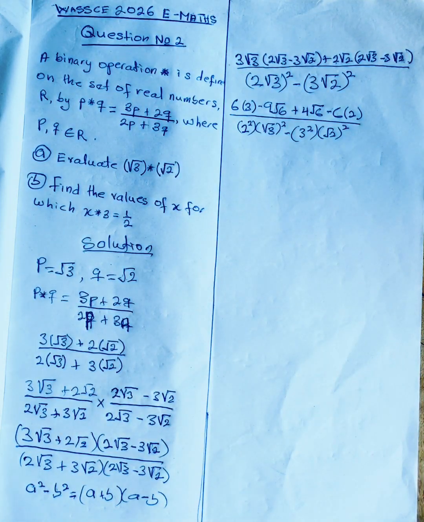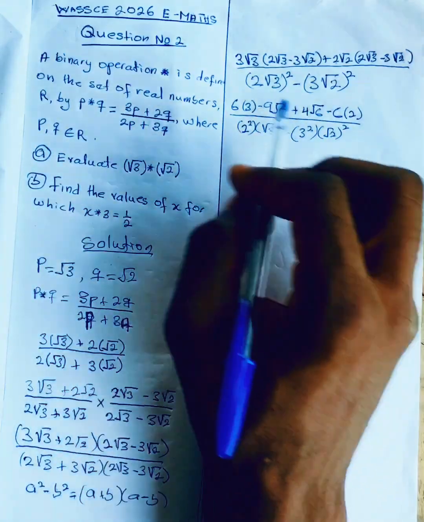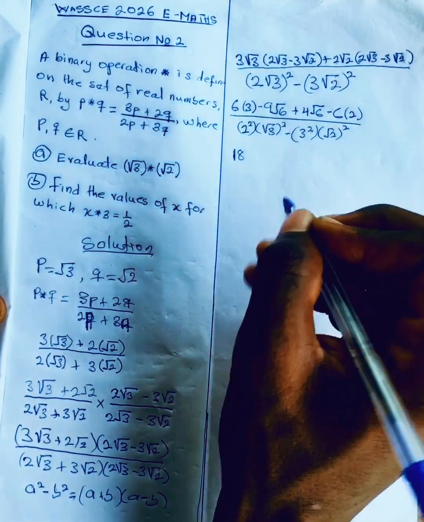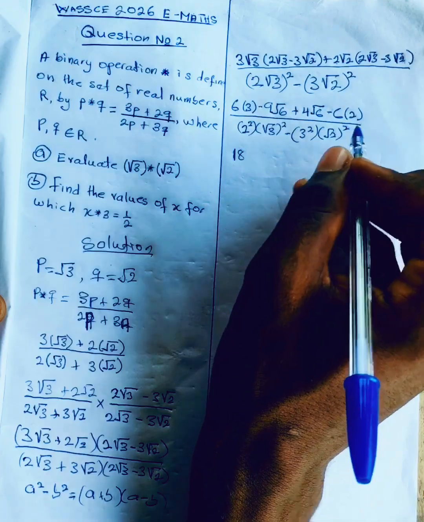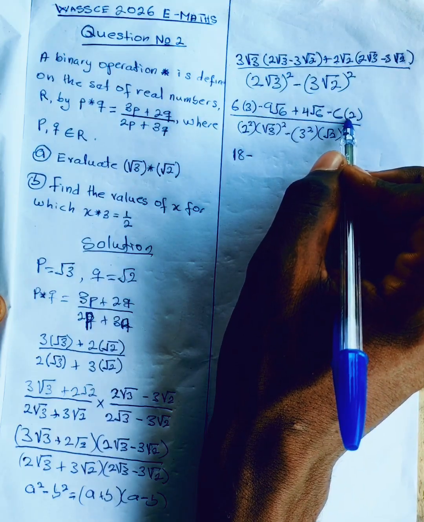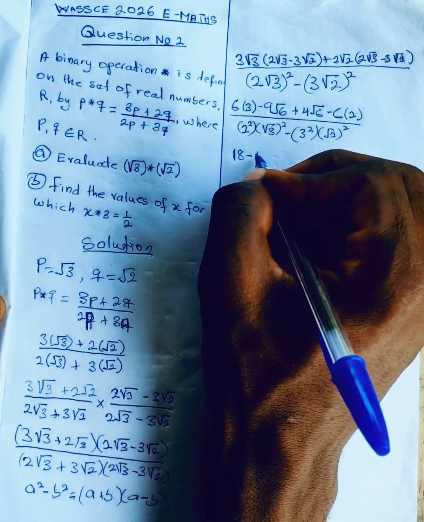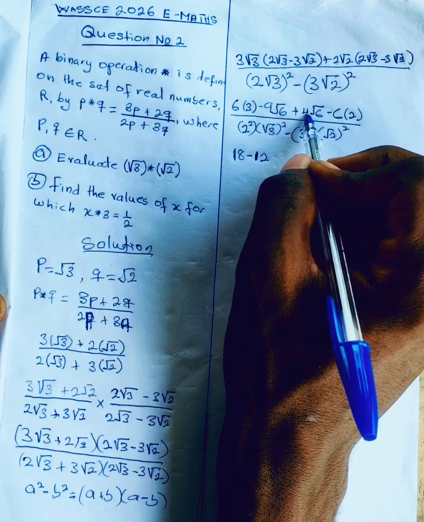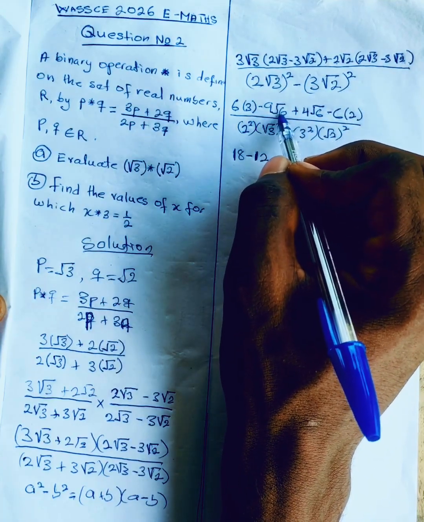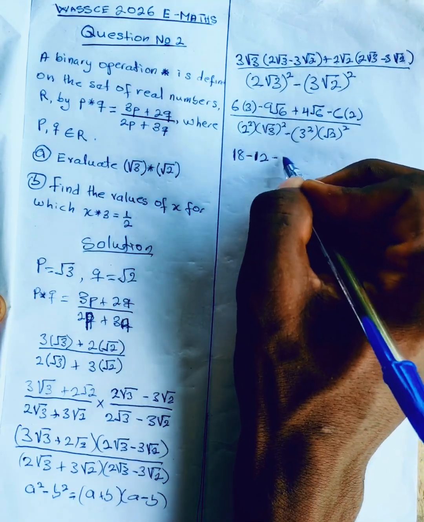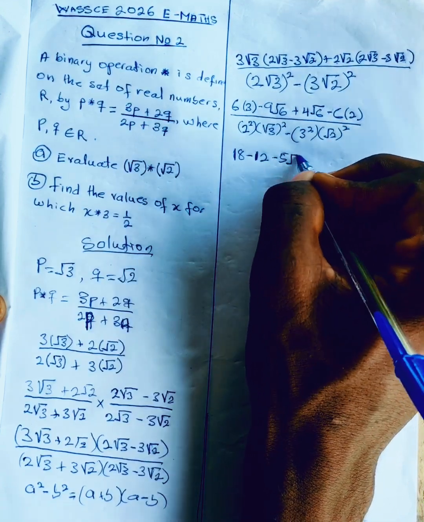Now at this point, what we are going to do is expand and simplify. So this and this will give you 18 minus, now when you come here, this and this will give you what? 12. Is that not it? Now positive 4 root 6 plus negative 9 root 6 will give you what? That will give you 5 minus 5 root what? Root 6